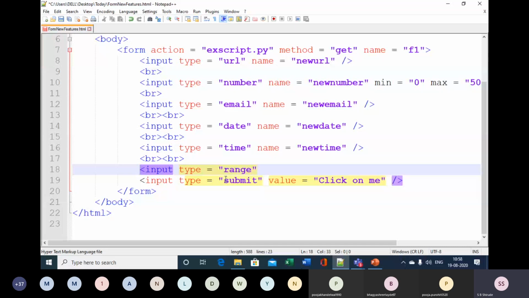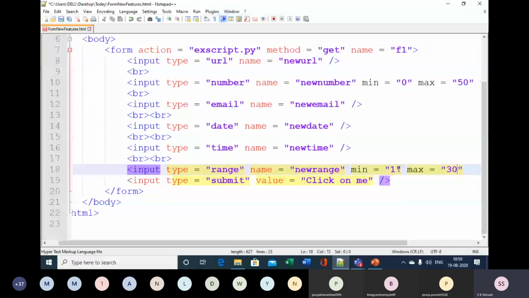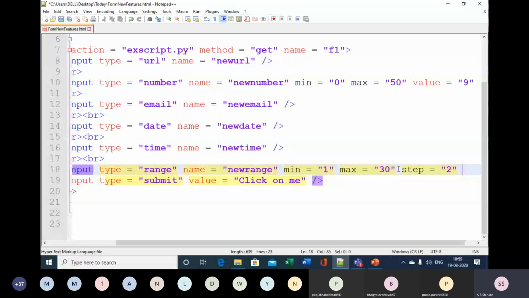Minimum, suppose it starts from 1. Maximum, suppose it goes up to 30. And you can make use of the step attribute. Step of, say, 2. And value, suppose you are inserting 8 by default. Here close.